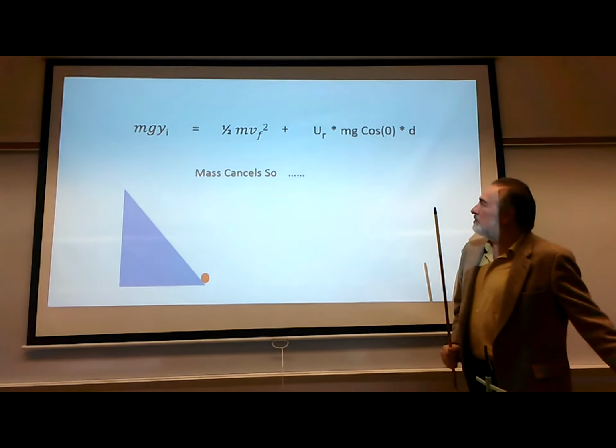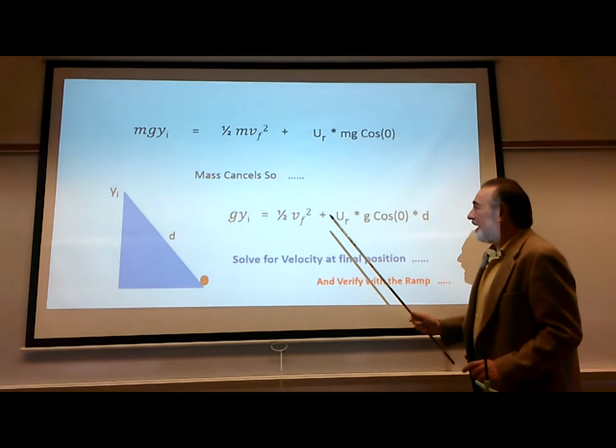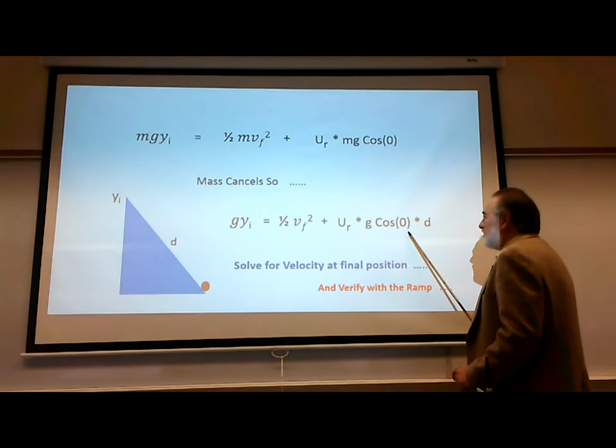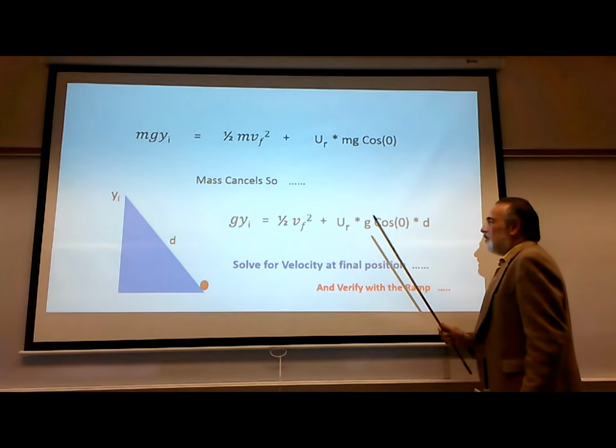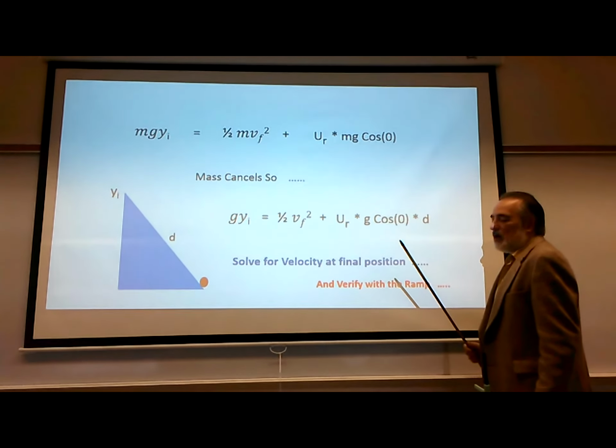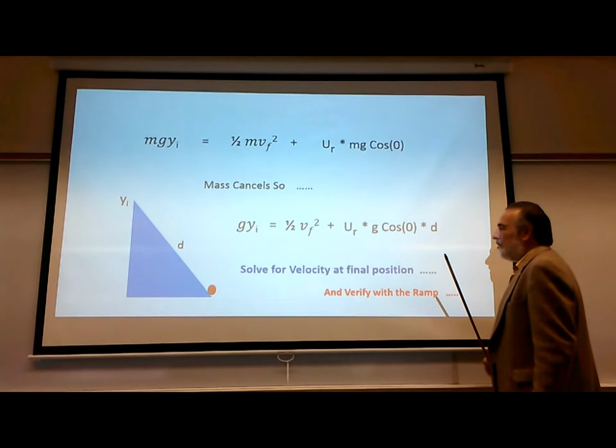And if you look at that equation, mass cancels. So this gives me the equation that we will use, given the very specific rolling friction coefficient that we got in our previous lab,